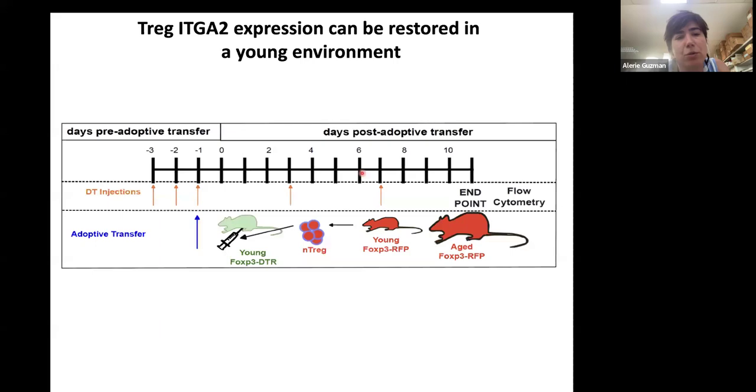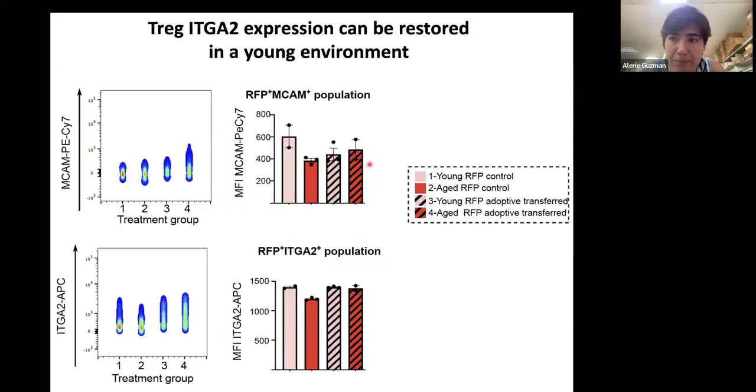But what we did was we went back to the same in vivo model as before. We used the FOXP3 DTRs in which we depleted our endogenous Tregs, and then we took Tregs from young and aged mice, but this time expressing RFP, so that we could distinguish them by flow cytometry. And then we looked at the expression level of these two factors, MCAM and integrin alpha-2, by flow cytometry. So what we saw in both cases, for MCAM and integrin alpha-2, is that with age we have a decrease in the expression levels of